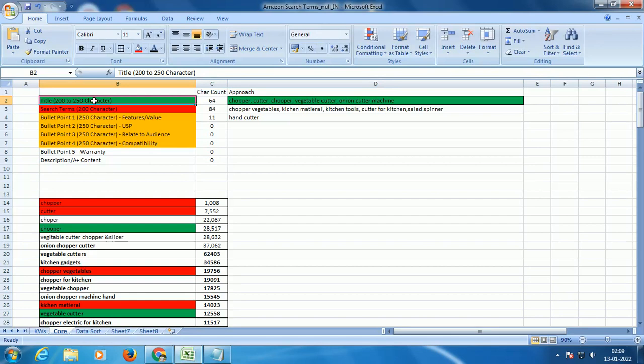Optimization doesn't only have to do with the copy that you're writing. It is also to do with your images, right? While you're building an optimized product listing, it's also important that you have very good product images. Your product images should be able to sell your product, because we all know that when it comes to e-commerce, nobody is touching or feeling your product, right?